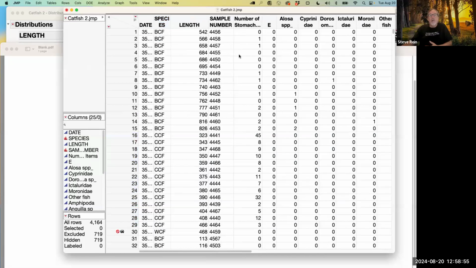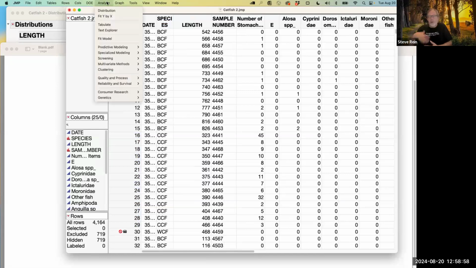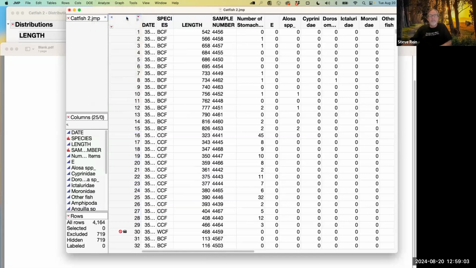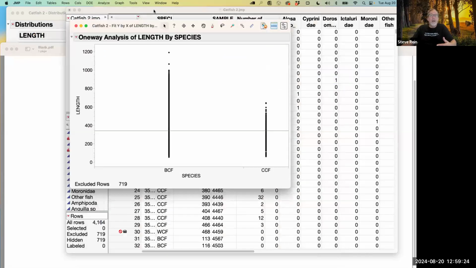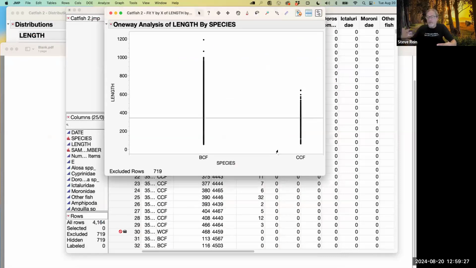So the analysis, the way I would do this now, in the lab, which will appear later today, we'll walk you through: Analyze, Fit Y by X. Literally I want to know about the lengths. My response variable is length. How much does the length differ between my two species? Well, species is the factor, or the X variable, for my comparison. How much different is the length on average between the two species? That's really what I'm tackling. I click OK, and I get a graph. Pretty much JMP always likes to create graphs first thing. And the graph shows the blue catfish over here and the channel catfish over here.